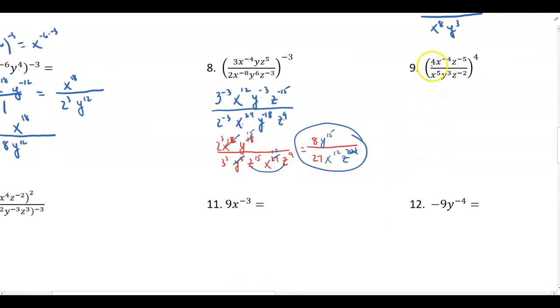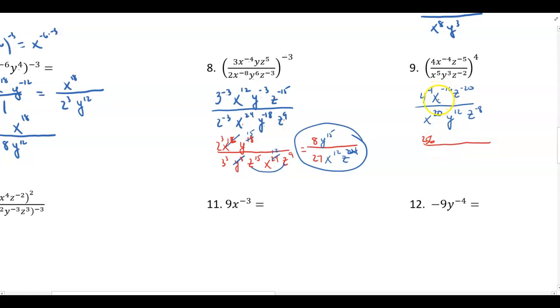Number 9. Raising everything here to the positive fourth power, right? So, right away here I get 4 to the fourth, x to the negative 16, z to the negative 20th, over x to the positive 20th, y to the 12th, z to the negative 8. Now here, I'm just going to evaluate 4 to the fourth power. That's going to give you